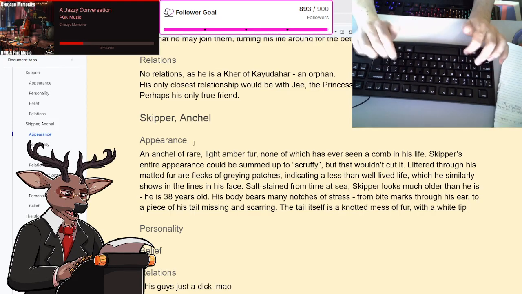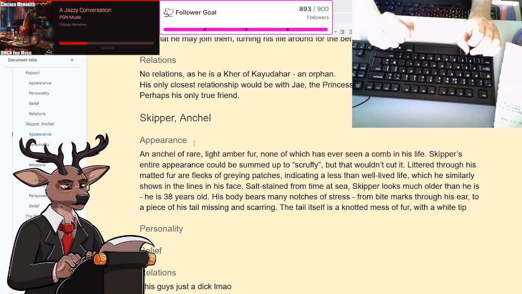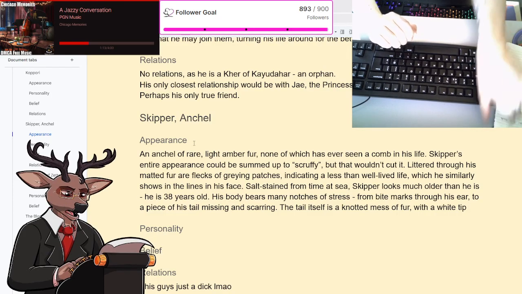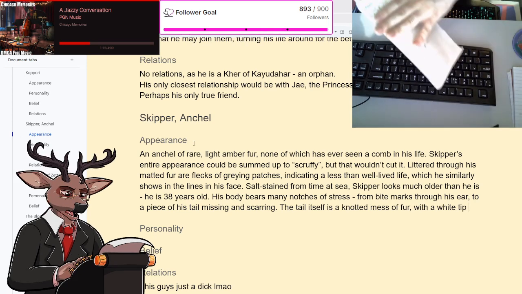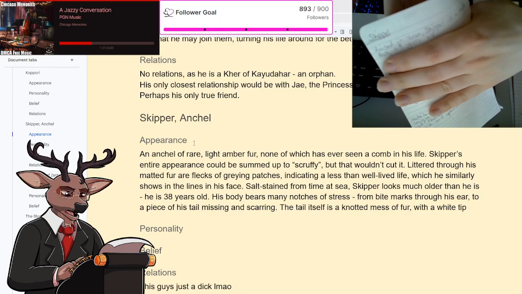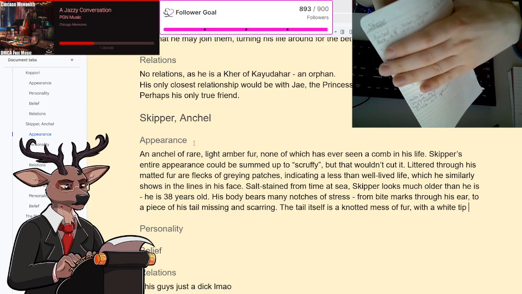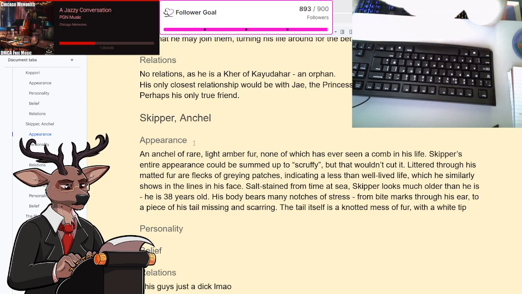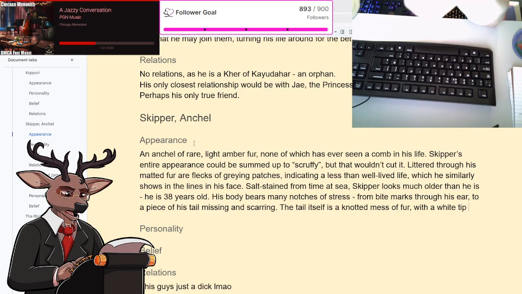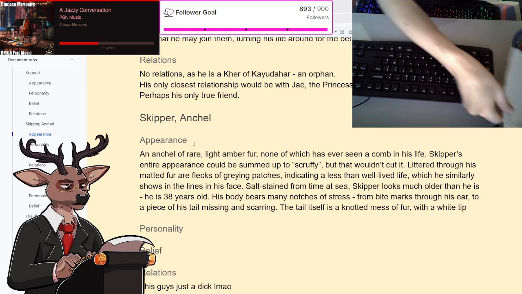If you haven't guessed, Skipper used to be a fox. Before I started making my own races and creatures, Skipper used to be a fox. It's written right here. I'll give this out for free. Raised in Varen, Skipper is a male fox. I have him written here as 29, actually. That's incorrect. He cannot be 29. That's not how that works. Okay.